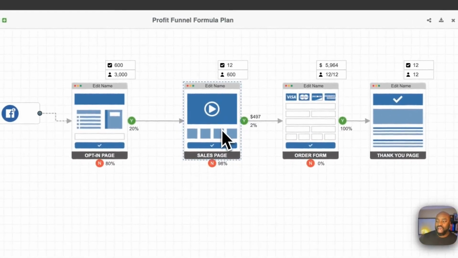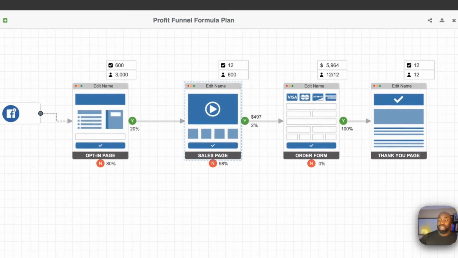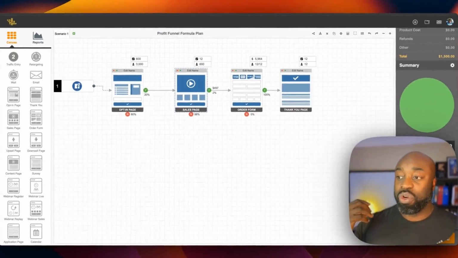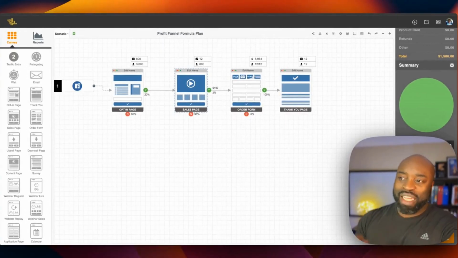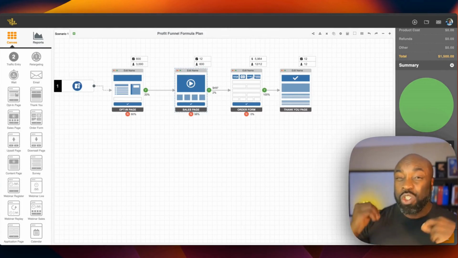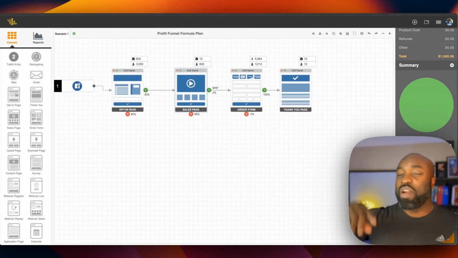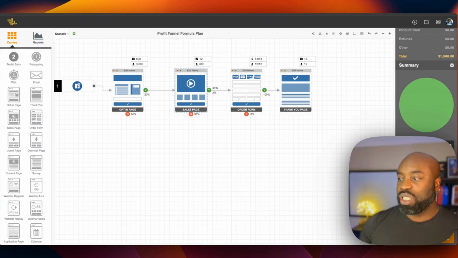Obviously, you'd still need to have a really well-written sales page that explains the benefit and advantages and features of your offer, but a $497 offer converting at just 2%, 2 out of every 100 people purchasing, would be